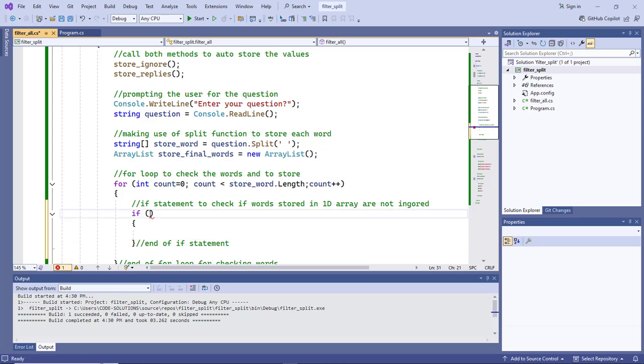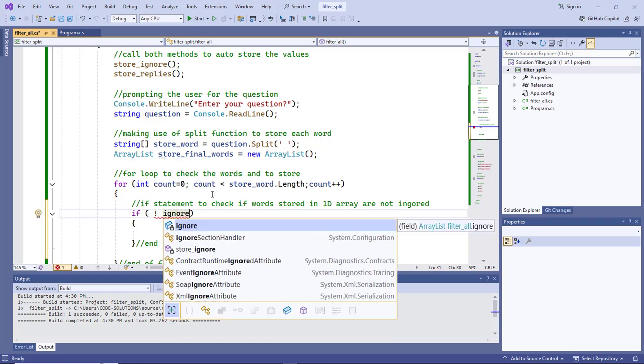So I'll go inside. Okay, now I will start with a not sign, right? As you can see, there is a not sign here. I will start with the not sign. So if a value is not inside the array list ignore, then it will be captured by the temporal array list, which is this one here. So now let's proceed, and we'll say